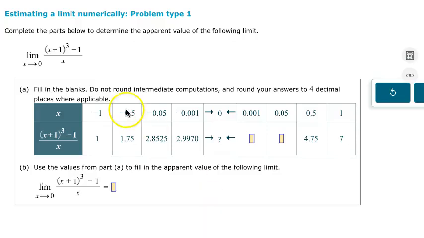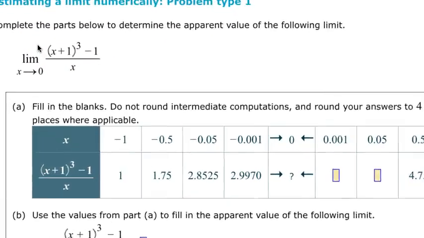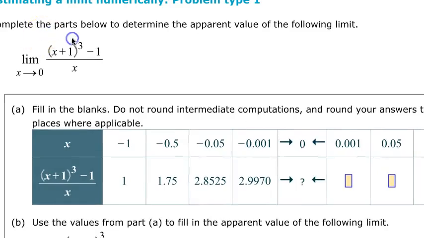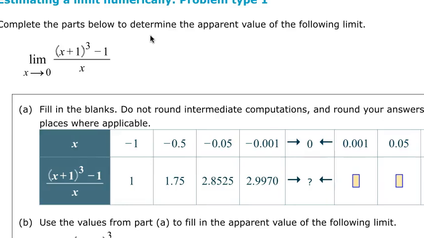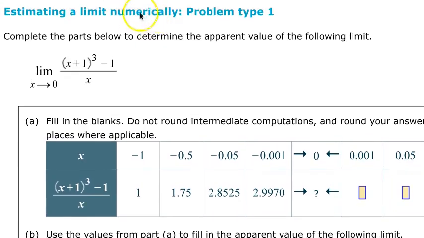So excited to create a video on estimating a limit numerically, problem type 1. In this example, we're asked to complete the parts below to determine the apparent value of the following limit. And we have the limit as x approaches 0 of (x plus 1) raised to the third power minus 1, all over x. And since we're asked to fill in the blanks and approximate this example numerically, you would think,